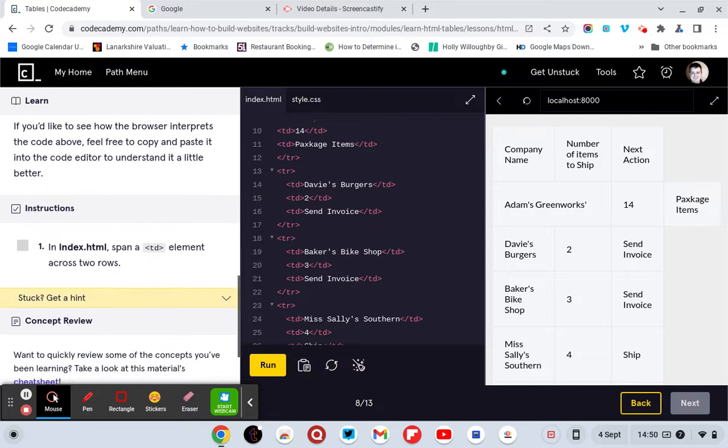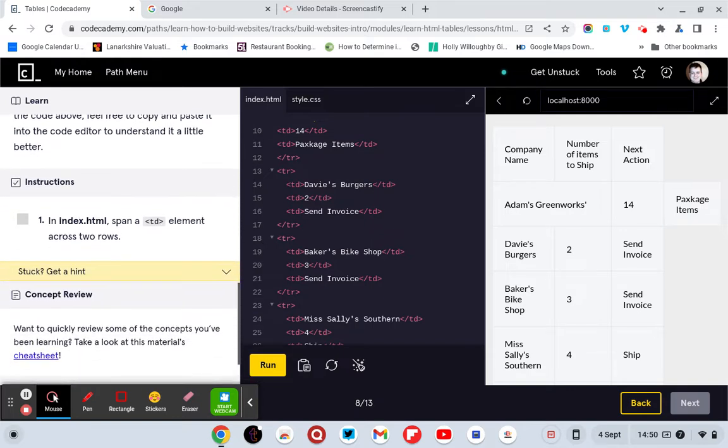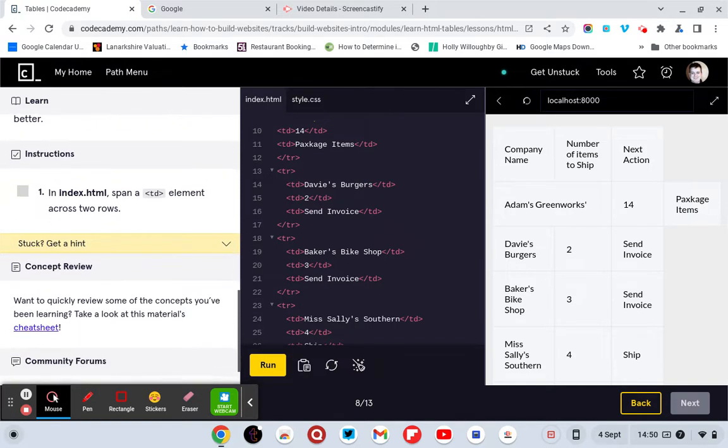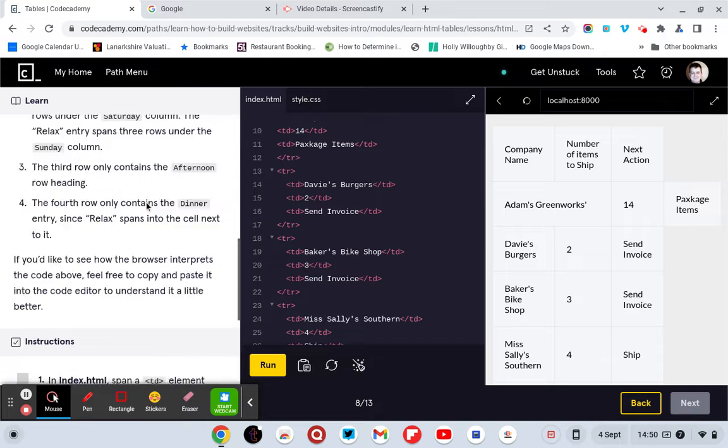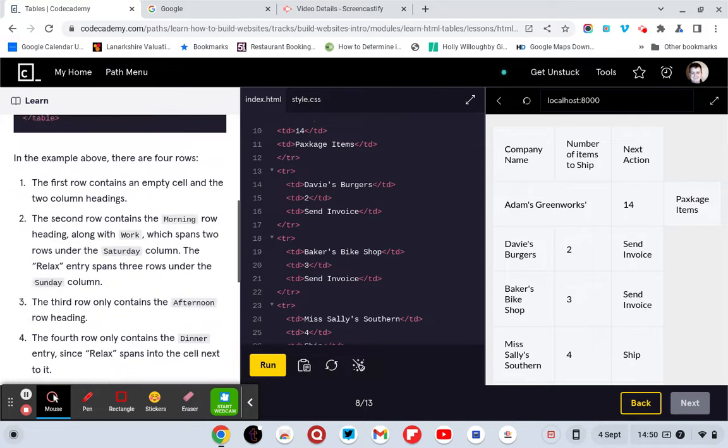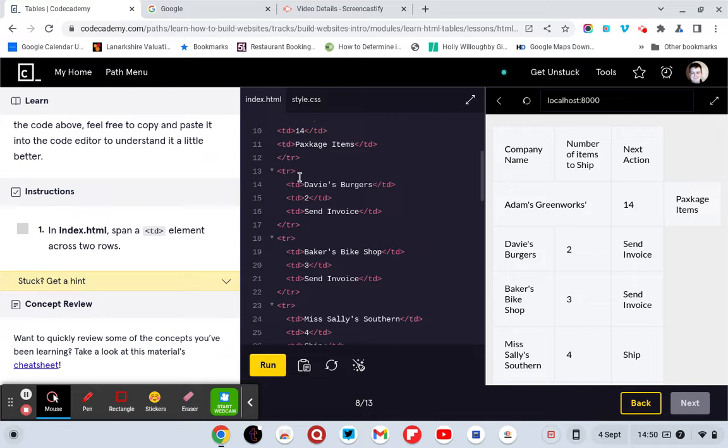If you would like to see how the browser interprets the code above, feel free to copy and paste it in the code editor to understand a little bit more. In index.html, span a TD element across 2 rows. Right, so TD element, row